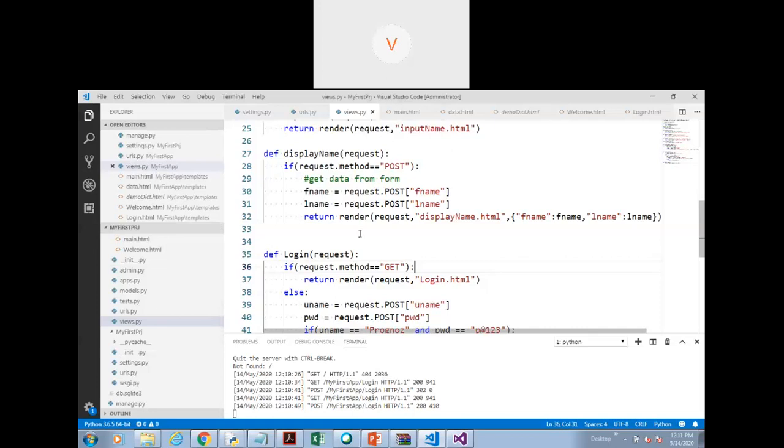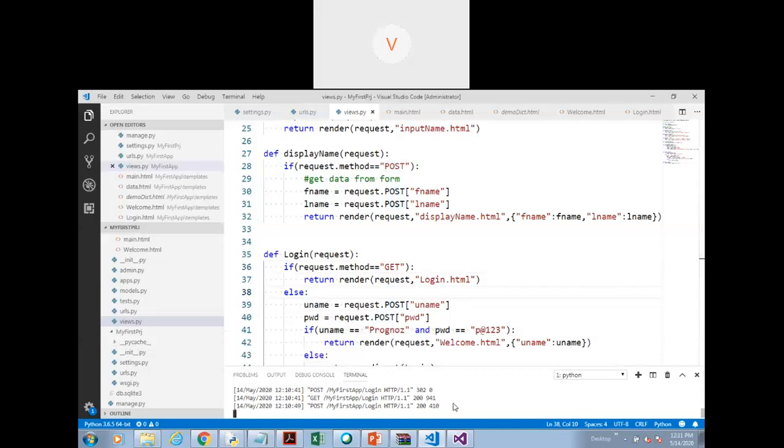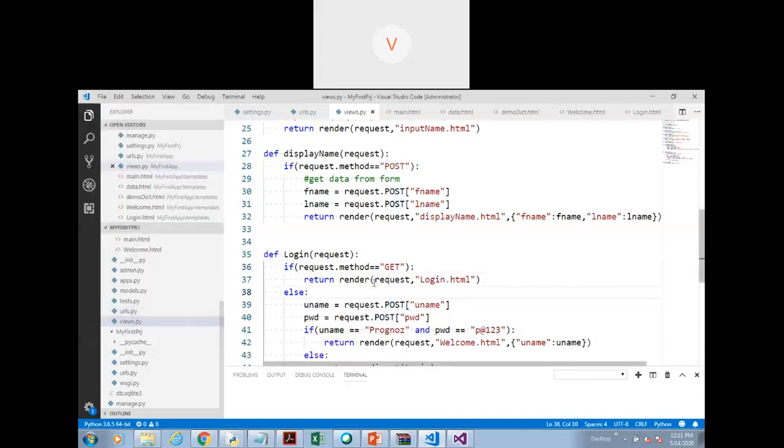Yes, I will create a different app to explain the session concept. Okay, instead of putting all the codes in one file, let me go ahead and create a new project altogether. So let me stop the server here and let's close this folder.